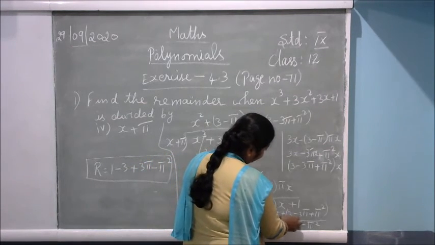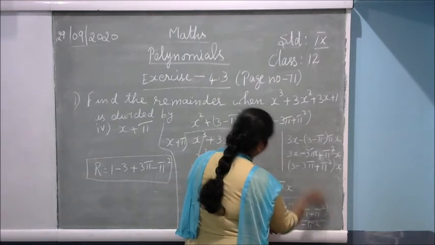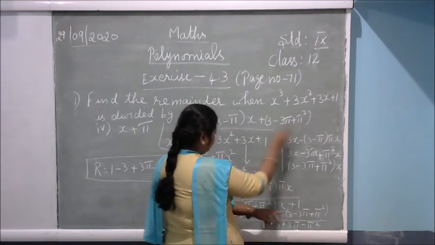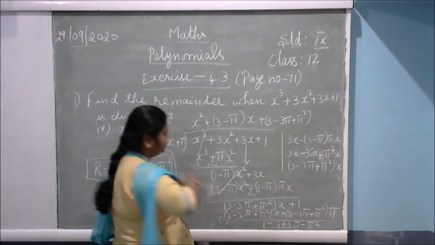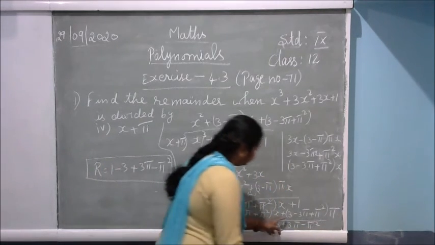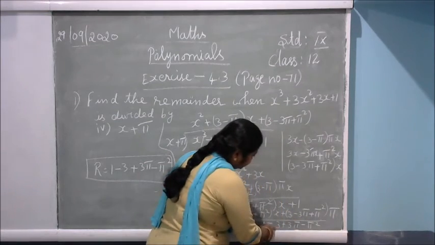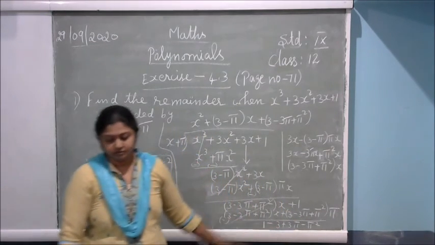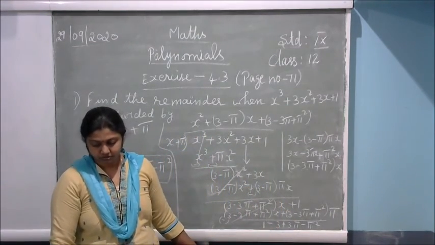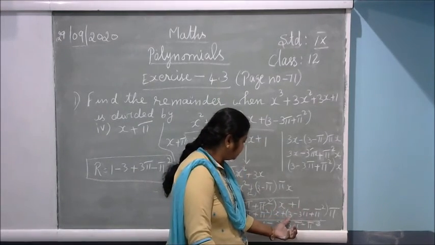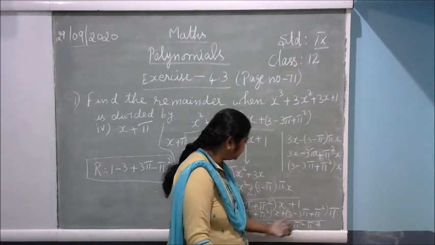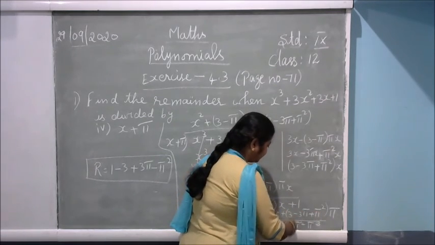The next one, 3 minus 3 pi plus pi square will come into 1 into pi will come. Okay. Into pi will come. And afterwards with the pi, if you multiply this one, here with 1 you have to subtract this number. Okay, so 1 minus this one. Here I multiply and subtract this number.